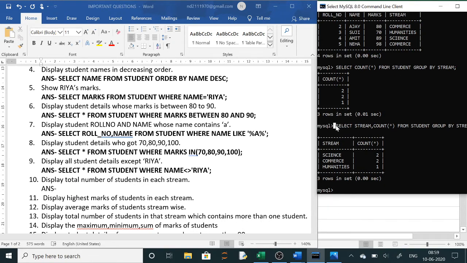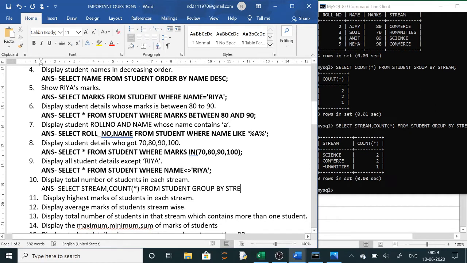So group by is used to group the records. Wherever you see each, or stream wise, or of those departments, of those streams, you might have seen these words. These words mean group by: each, stream wise. This is group by. Clear? For this group by you have to use of those departments, of those streams, of that stream.